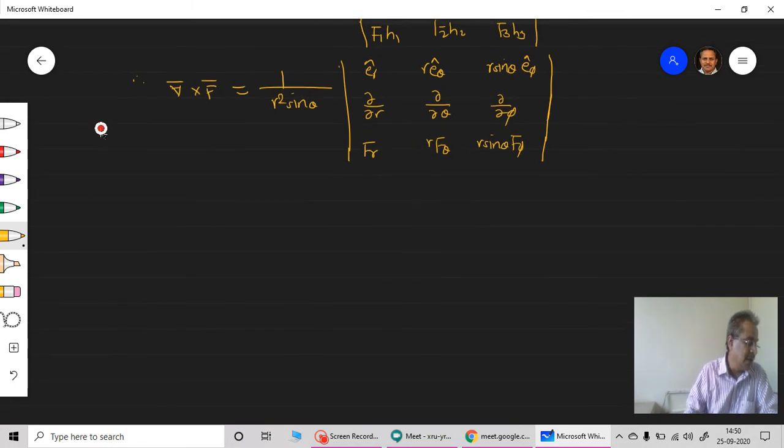Okay, if anyone wants to solve this, he can solve, and you will get a very lengthy equation, which I think is not needed to write here. You can go for solving this determinant. Actually, when we are asked any problem, we can go for this determinant and solve it, and that gives you the curl of a vector point function in the spherical polar coordinate system. Actually, that equation is very lengthy, I am skipping this here. And last one, that is Laplacian.